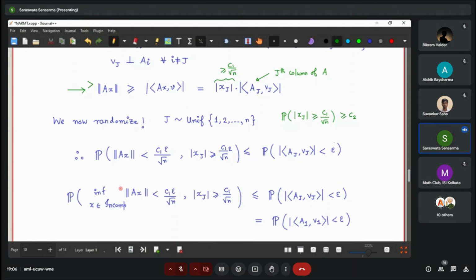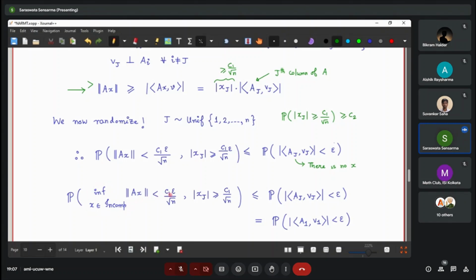What I'm saying is that this bound, look at this bound, there is no x, and it does not depend on x at all, and the entire process of getting from here to here is also completely independent of x. As long as it's greater than c1 epsilon over root n, we are happy, and j is a completely independent random variable from our entire setup, which means we get a uniform bound, that is the infimum over all x incompressibles